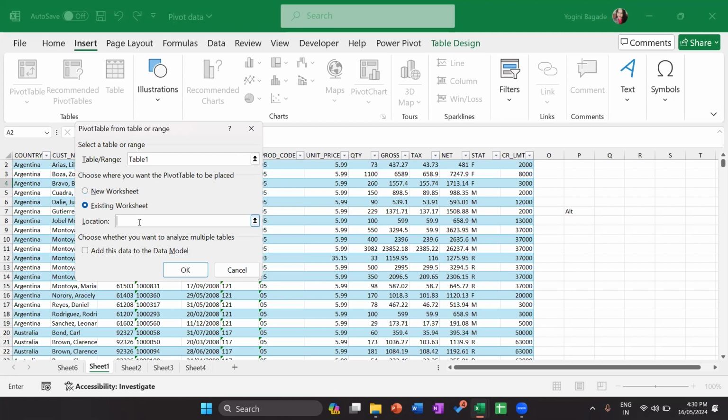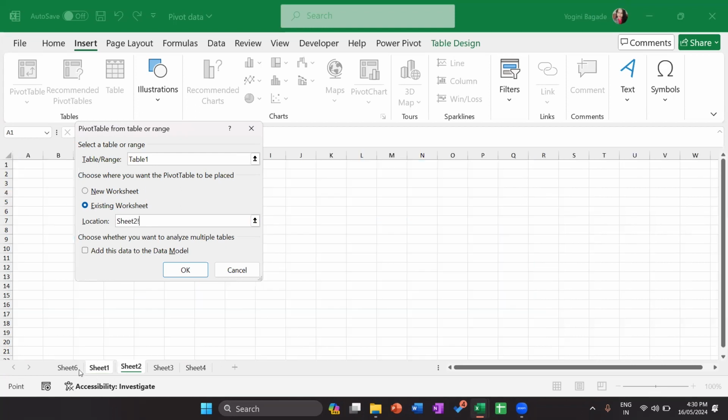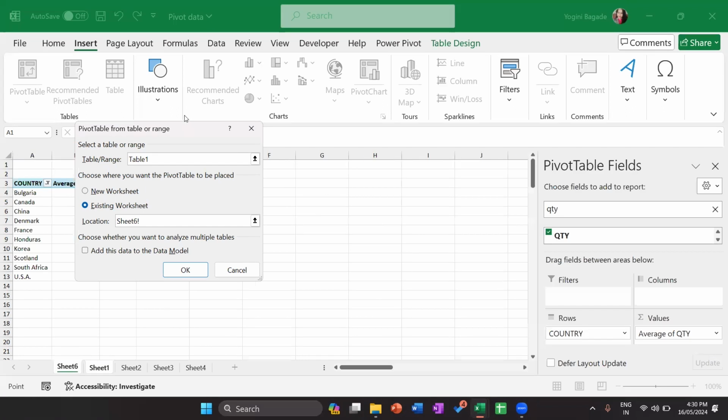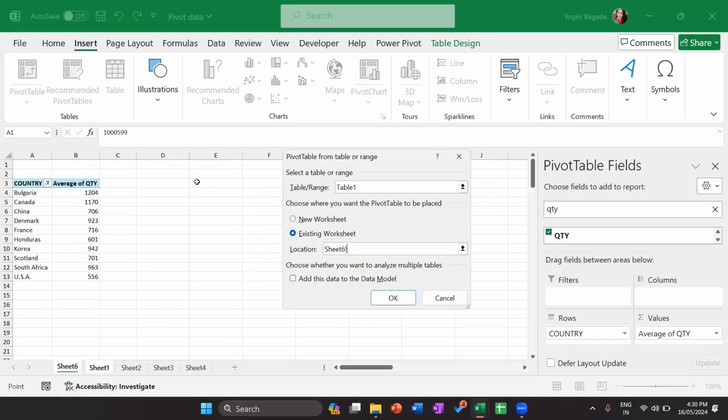So existing worksheet, click inside existing worksheet पे क्लिक किया, लोकेशन के अंदर क्लिक करना है। अभी हमने जहां पे प्रीवियसली हमारा पिवोट डाला है, now where we have put our previous pivot, we are going to click on that sheet and, और हम क्या करने वाले हैं? एक ब्लैंक सेल पे क्लिक करने वाले हैं। अभी एक चीज आपको याद रखनी है कि आप एक सोर्स डेटा में से